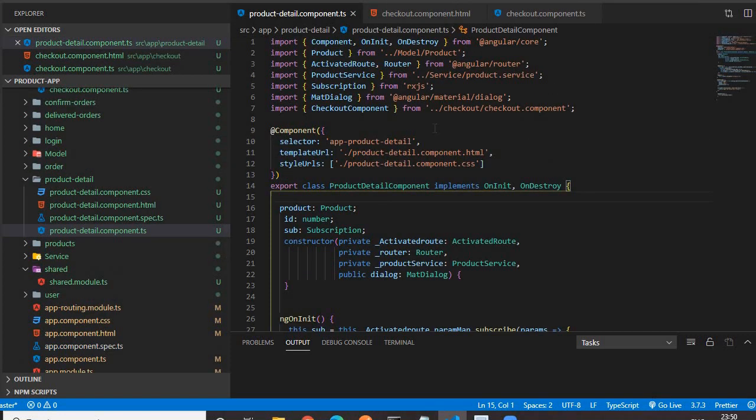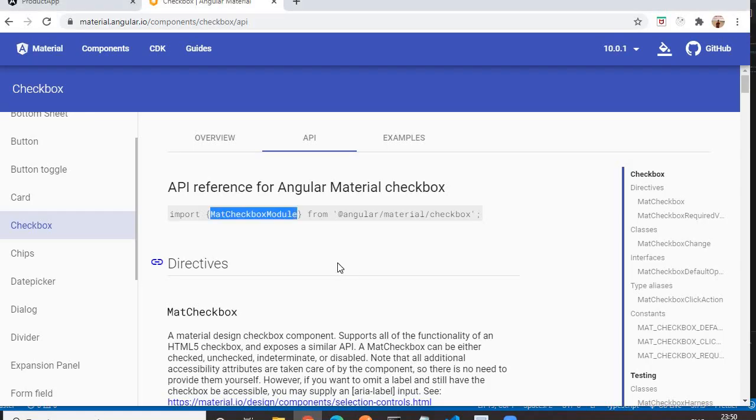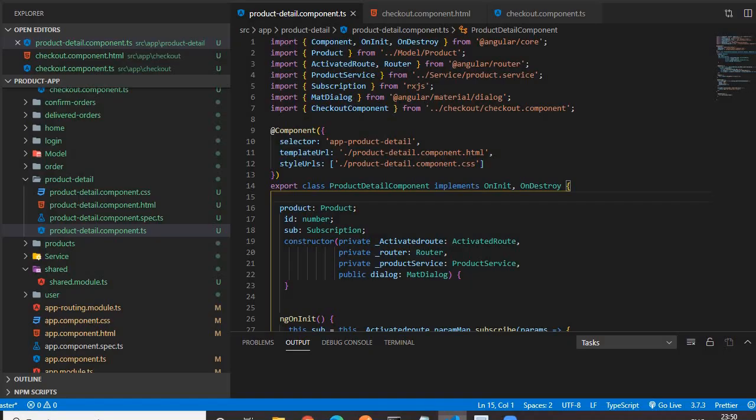So this is how we can use the form fields of Angular material. We can use the normal form field also, like the normal HTML form field. But we are using Angular material, so we should use that for a better look and feel.